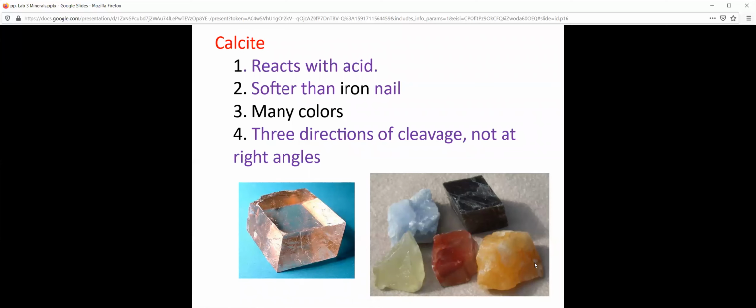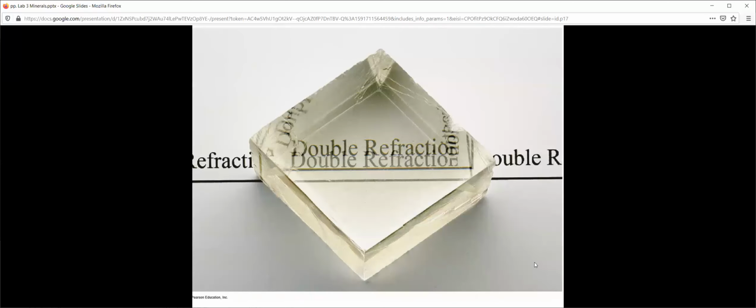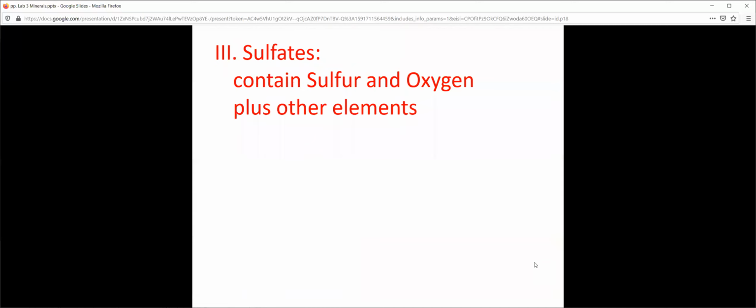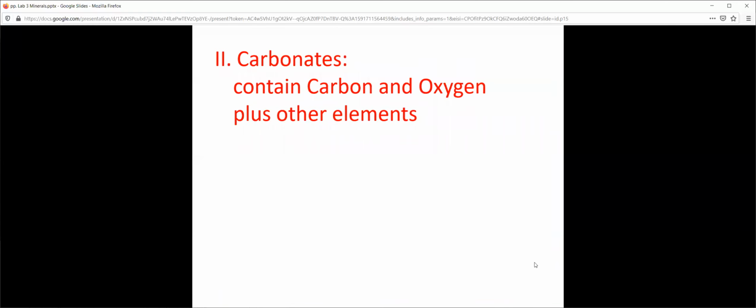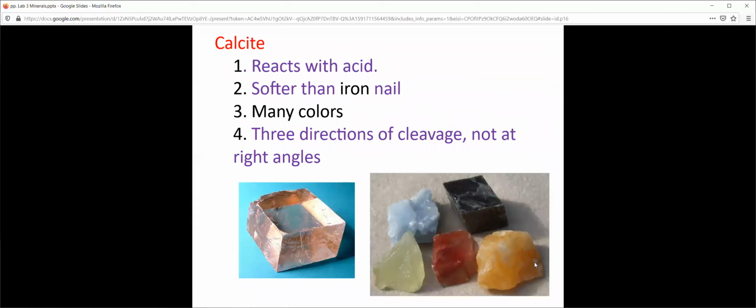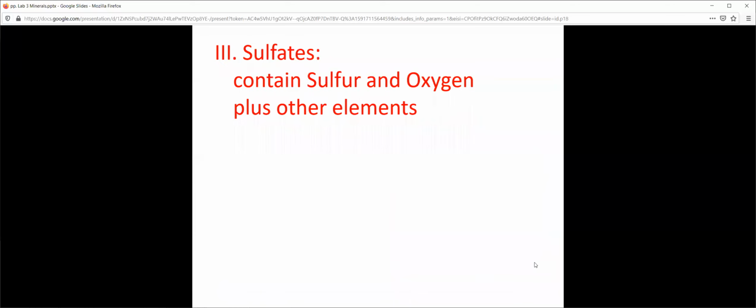Calcite has a double refraction given the orientation of the atoms within the mineral. You need a really, really pristine example of calcite to get this to happen, though, right? You're not really looking through a lot of these crystals here, but that is something it does do. Again, given that non-90-degree cleavage. Sulfates. As I'm going through this, I'm doing less and less of the individual groups. There are a lot of carbonates out there, a lot of important carbonates. Calcite's just the best example I'm doing at the moment.